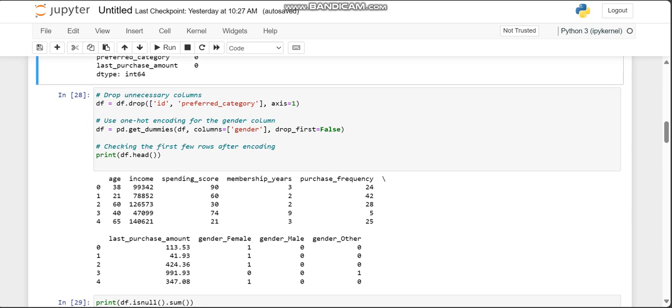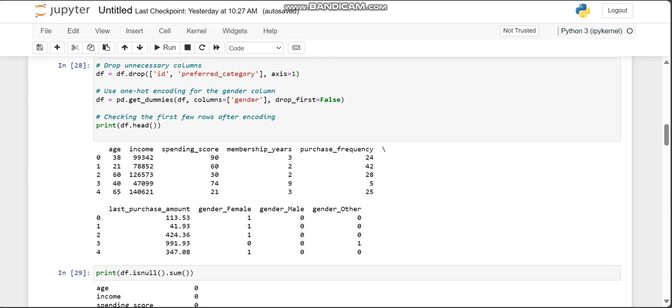Then after that we are dropping some unnecessary columns, and here we remove the id and the preferred category columns because they are not important for clustering. The id is just a unique identifier and preferred category is not needed for segmentation. And after dropping them,